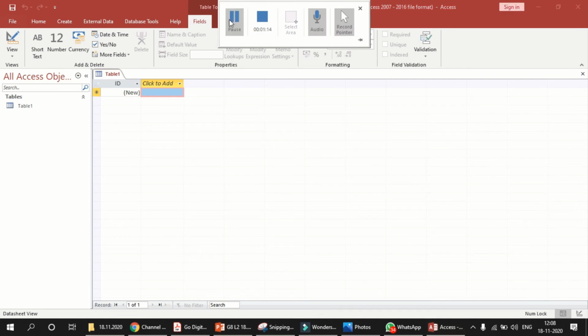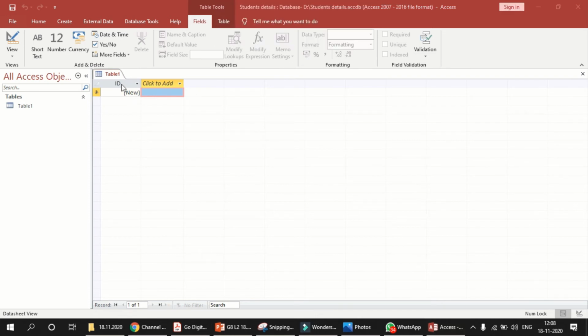In this you can see the first field, that is the ID field. Can you see the first field ID? This is the primary key. I have explained before what a primary key is, right? This primary key will uniquely identify each record in a table. So for each and every student this will be unique. ID will be different. It will not be the same for different persons. So this ID field is the primary key or primary field. No two records can have the same primary key field.